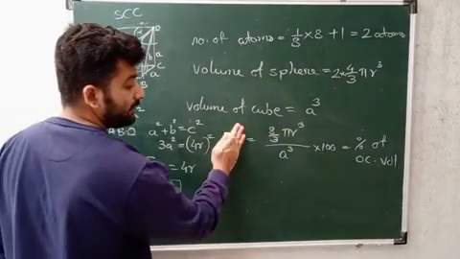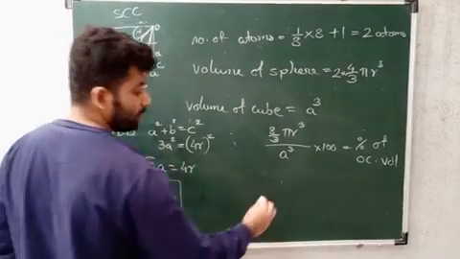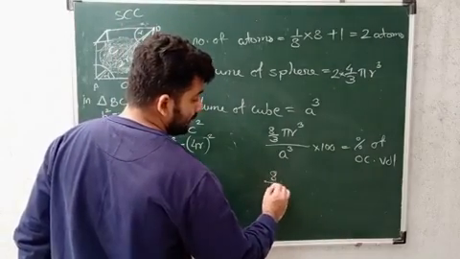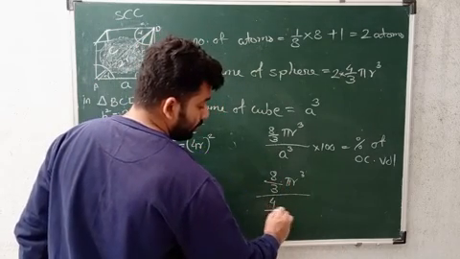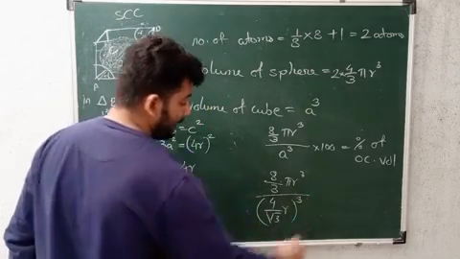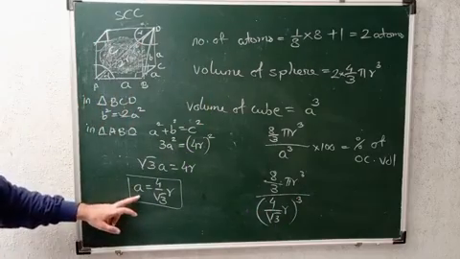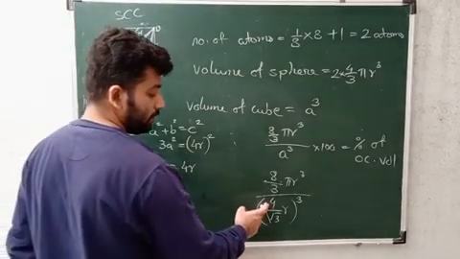Okay, we are having here percentage of occupied volume. Substituting the value of a, that is 4 by root 3 r, so 8 by 3 pi r cube is equal to 4 by root 3 r bracket cube. Value of a is 4 by root 3 r. Substituted, we will get